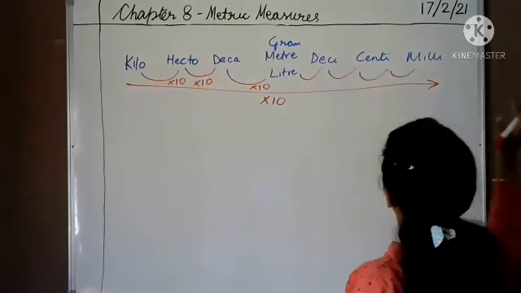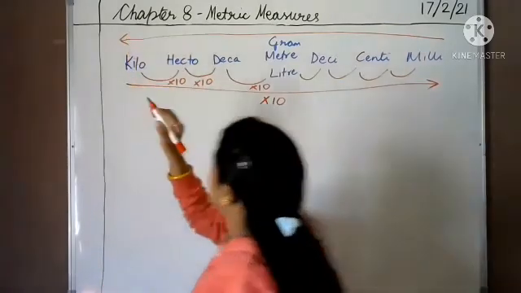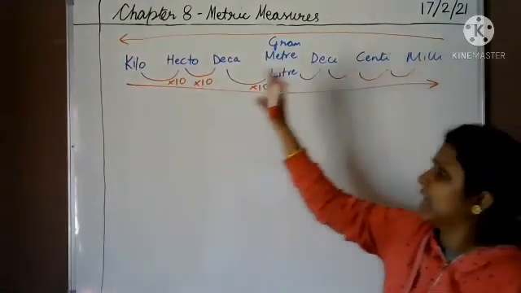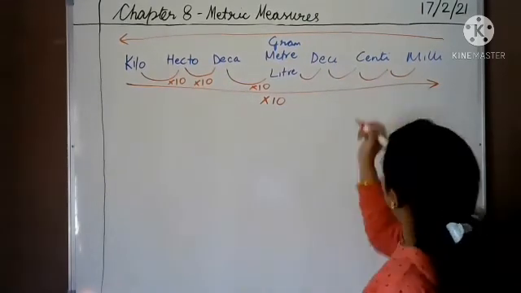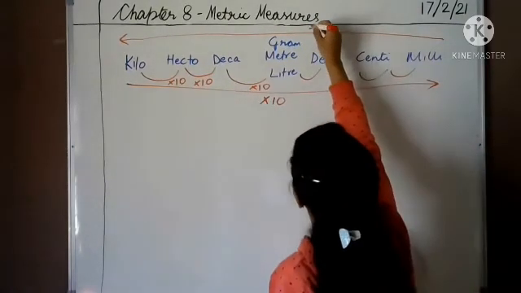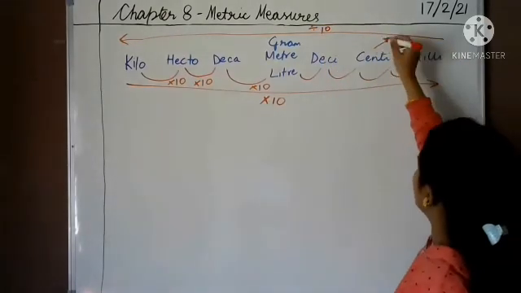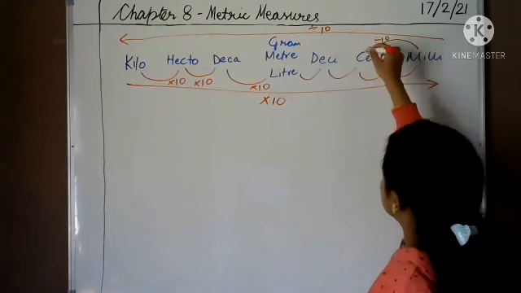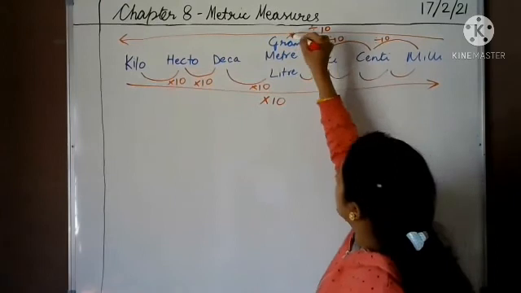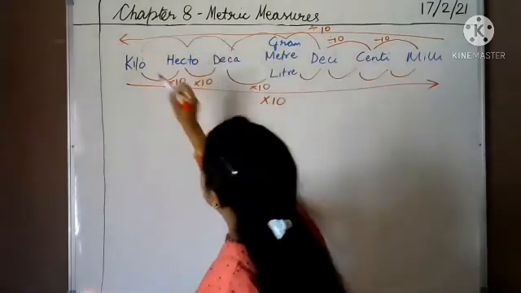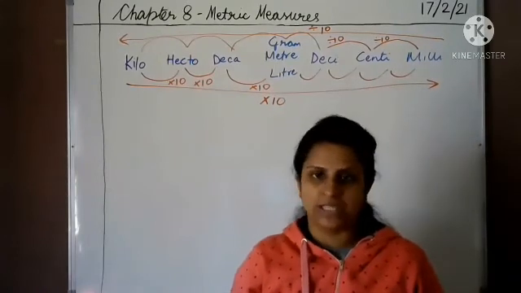Now, what if we need to come from smaller unit to the higher unit? जब हमें smallest unit से highest unit की तरफ आना है, then we will divide by 10. यानी अगर मिली से सेंटी में आना है, so divided by 10. सेंटी से डेसी में आना है, again divided by 10. And this is the way by dividing we will be moving. जितने steps हम जाते हैं उतनी ज्यादा जीरोस होते जाते हैं.